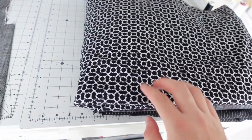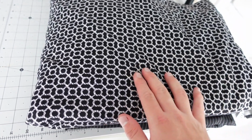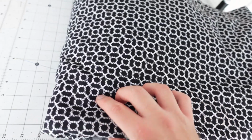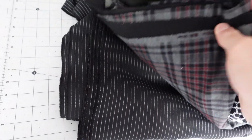This top fabric here is a beautiful Ponte Roma. It is 3 meters there, and it is actually really nice quality. It's got this rope pattern on it, which is really nice. This one here is some Ponte Roma as well. It's actually really nice. Again, the bottom one is just a